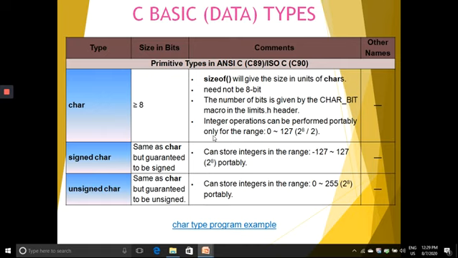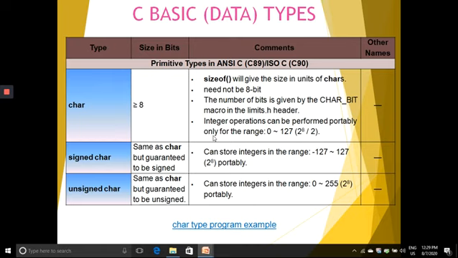Integer operations can be performed portably only for the range between 0 to 127, that is 2 power 8 by 2. And signed char, which is the same as char but guaranteed to be signed, can store integers in the range minus 127 to plus 127.